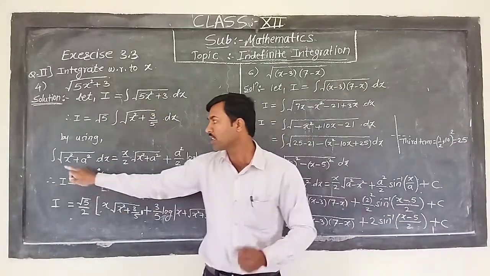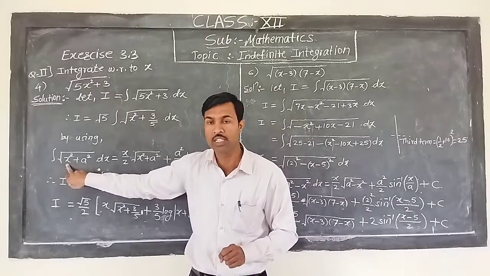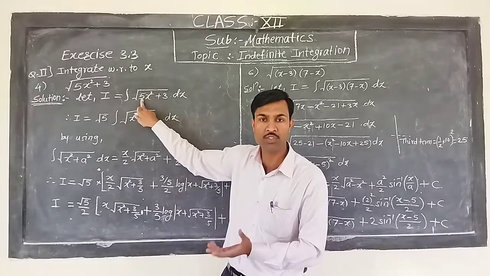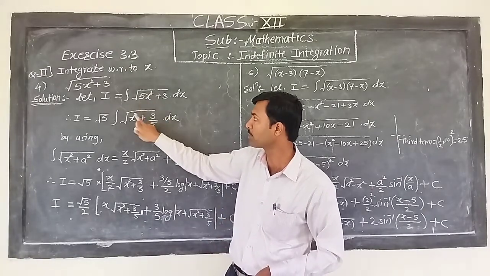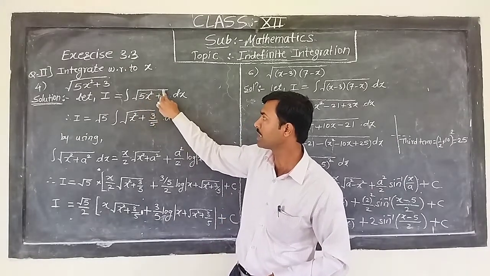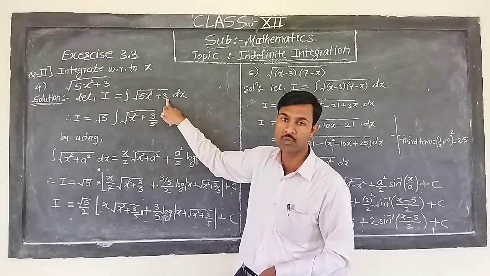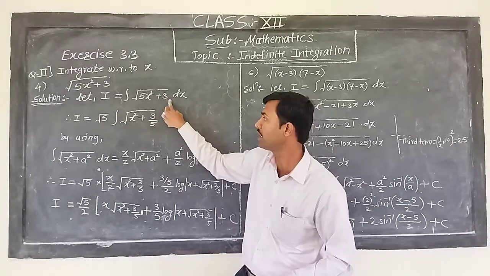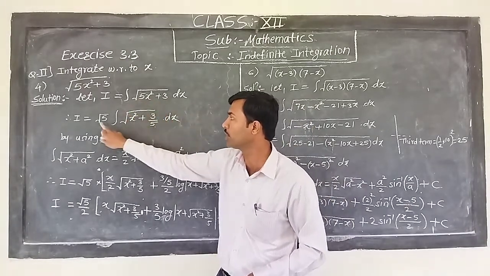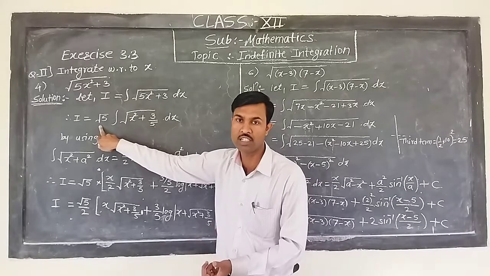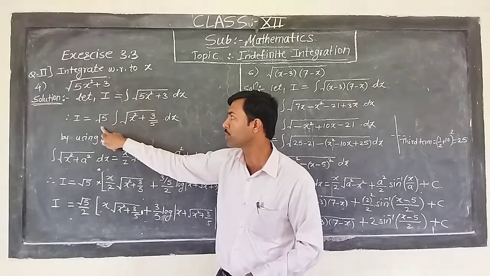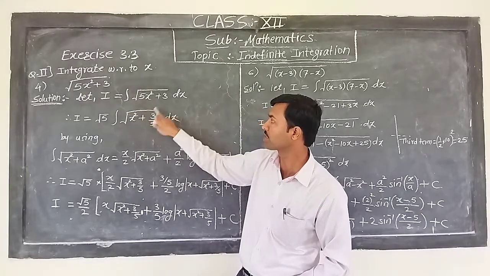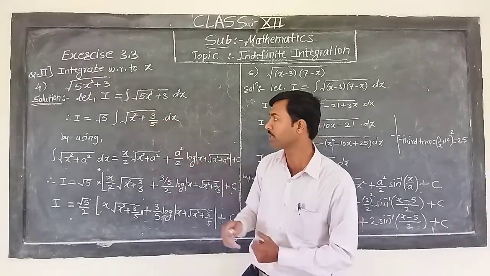So we have to convert this question into such a type of integral. For that, here the term is x square only, but here it is 5x square. So we have to take this 5 as common. The remaining term, after taking 5 in common, will be x square plus 3, but we can't take 5 common from 3, so it will be 3 upon 5. After separating this term, the root 5 constant will be outside this integral, so it will be root 5 into the integration of under root of x square plus 3 upon 5 into dx.